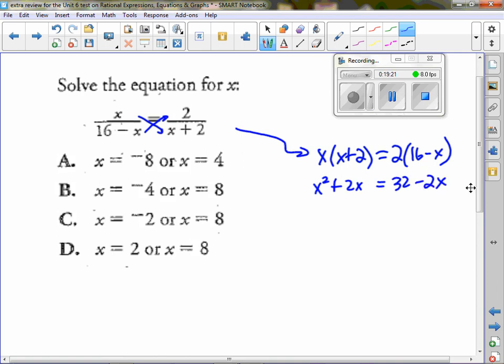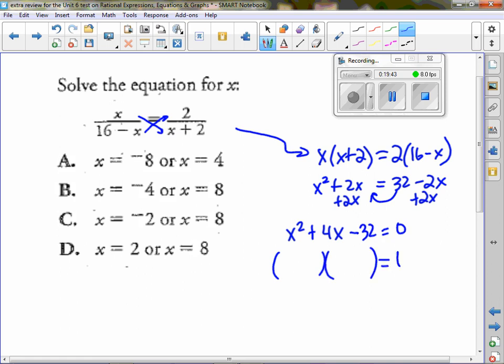Now, I notice I have an x squared here, and I don't see any more, so they're not going to cancel out. This means I want to bring everything over to the one side. So I'm going to add 2x here, add 2x there. I have x squared plus 4x. Also, this 32 needs to come over, so that's going to become a negative 32. So this means I'm going to have to factor. Oh, this one will be pretty easy. x and 8 and x and 4. 8 times 4 is 32. I do positive 8 minus 4, I get 4 in the middle. So my answers